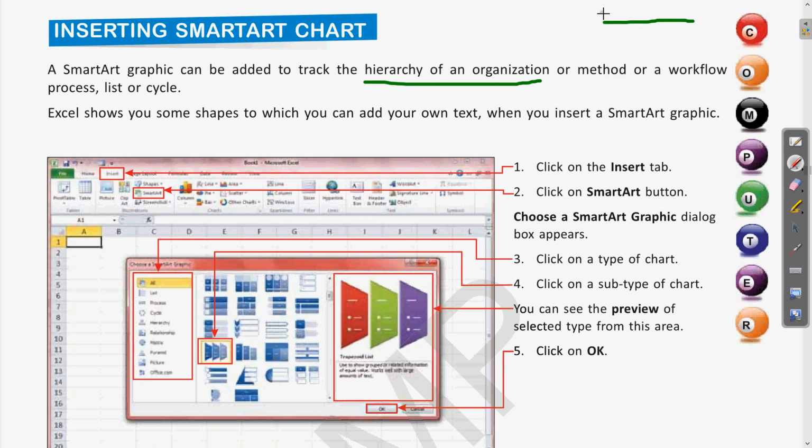For example, if there is a boss of the company or CEO or the founder, then we have the different departments of the company. These departments will be below that. Then in a single department there will be different other departments. So this type of representation is called a hierarchy. For denoting the hierarchy level, we can use these SmartArt charts.